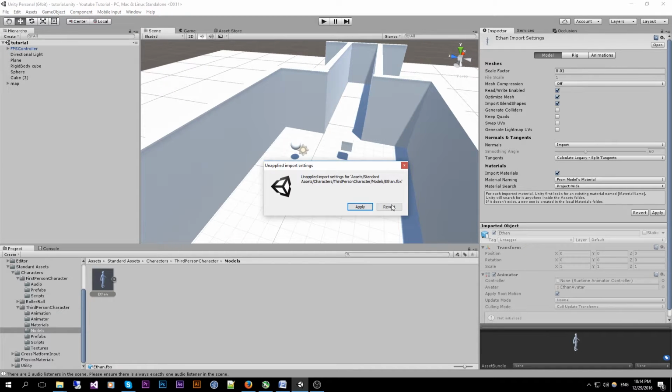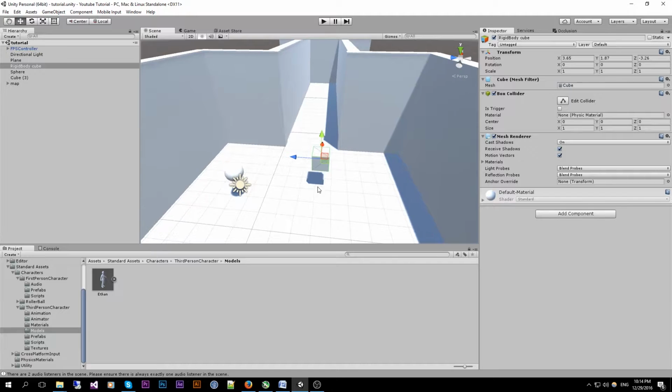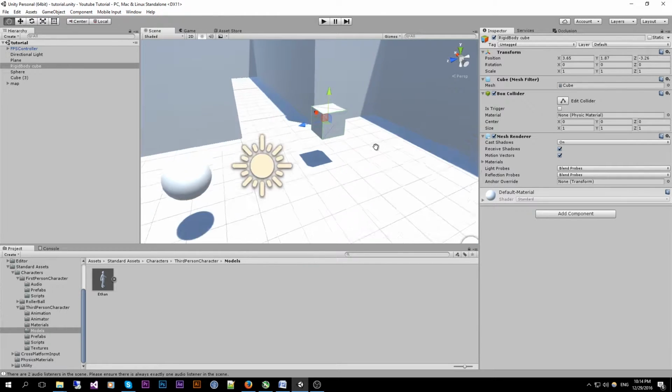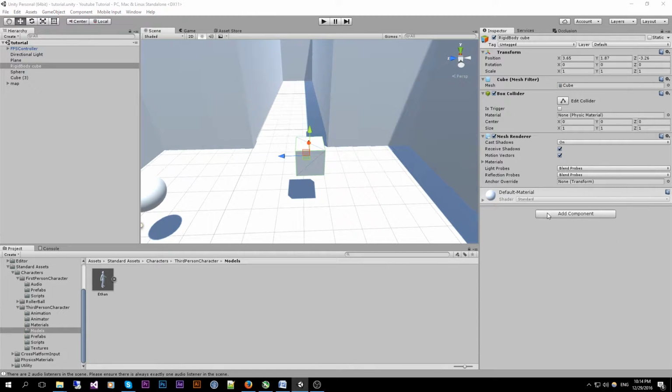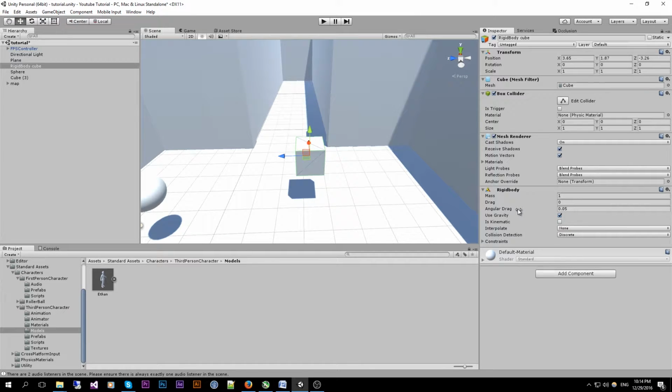So if we go to our cube we made over here and attach a rigid body component, like this, and by simply not changing anything in the settings of the rigid body component, the game object will follow all the gravity rules of Unity.